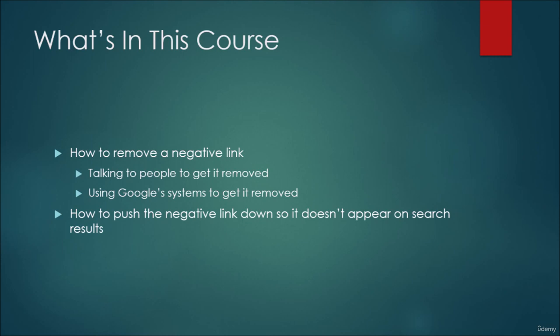Now, those things don't always work, and in reputation management, there are things that we can't do because we're not superhumans, so it is unfortunate, but sometimes those things don't work. But we can have superhuman-like success when we understand SEO, and particularly understand SEO as it pertains to Google. And we'll do that by creating new links that are positive and having them have better SEO, which means they'll appear higher than the negative links, and thus they will push the negative links down and effectively have them disappear so nobody else can see them.